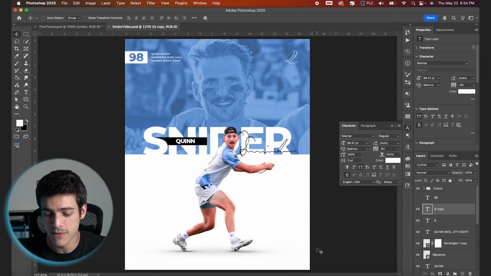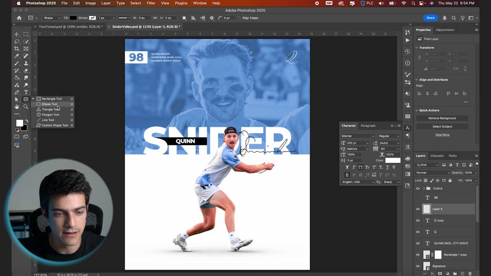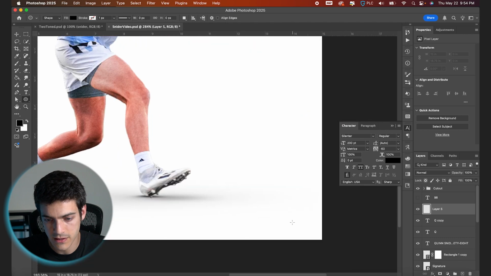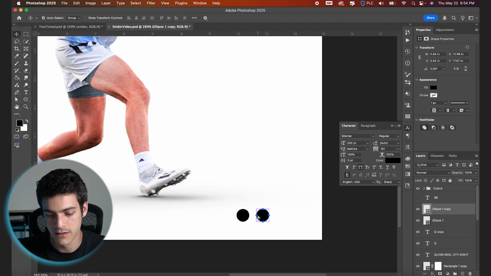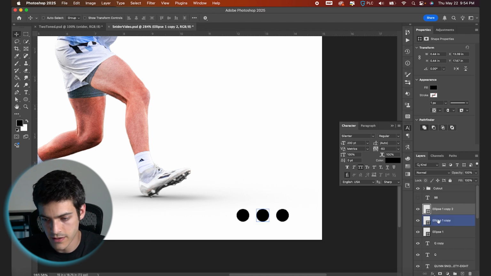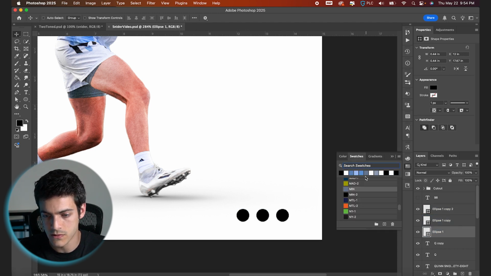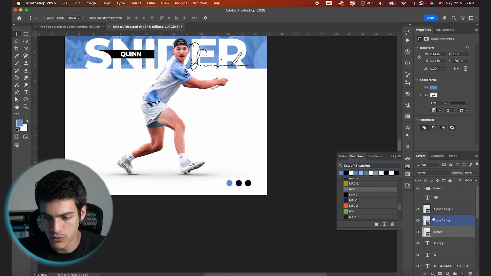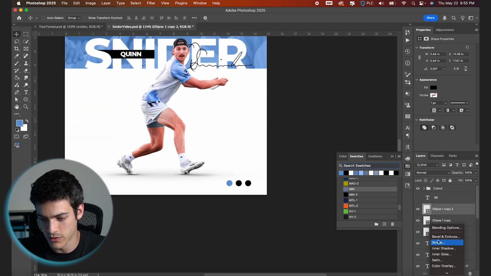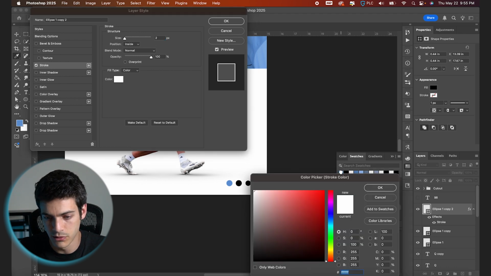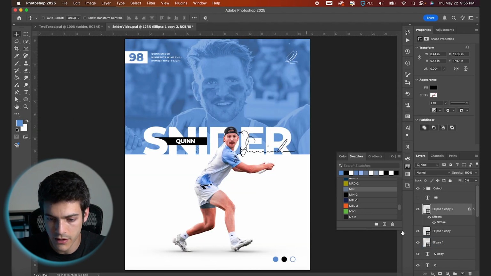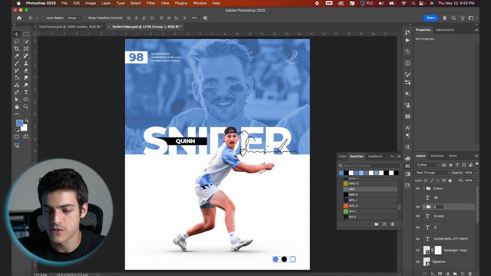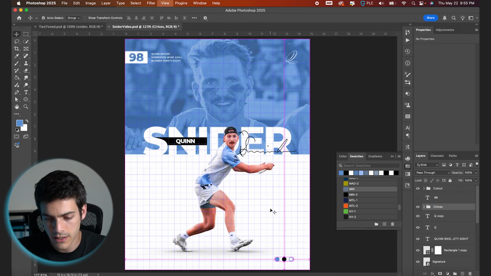For the bottom right, we're just gonna make some circles. So let's make a new layer and go to your ellipse tool. Let's make these black to start. Just gonna draw these out while holding Shift. Command J to duplicate, move that over. And then the colors we're gonna use, we'll use the same vibrant blue, we'll use the black. And then for the last one, let's add a stroke to it, and we'll make this the blue stroke. Inside stroke, 2 pixels, and then drop the fill down to 0. Maybe 3 pixels. Just a little bit thicker. Now these 3 circles, we can group them, call them circles, and just make them a little bit smaller and